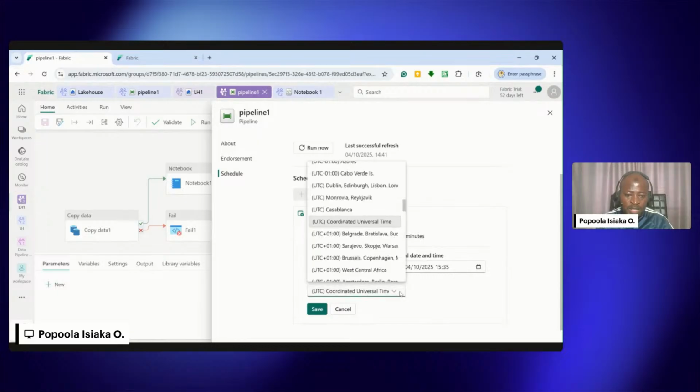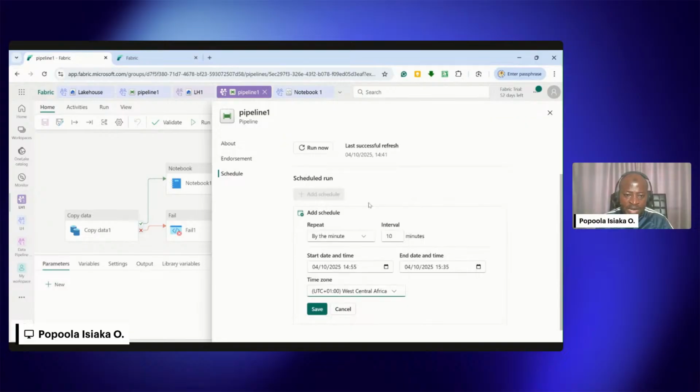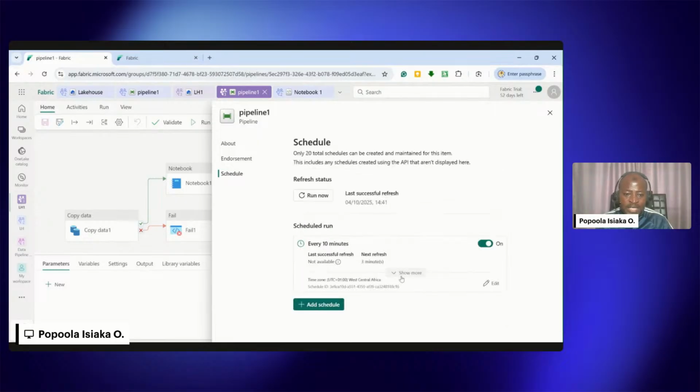So you can also set your time zone. I'm in Nigeria, so I can look for West Central Africa, and save this. The implication of this is that I want this operation to be done without my interference, right? Without coming back here, this operation will run at this particular date and time and at this interval, using the West Africa time zone. The schedule has been activated, right? So the next refresh will start in the